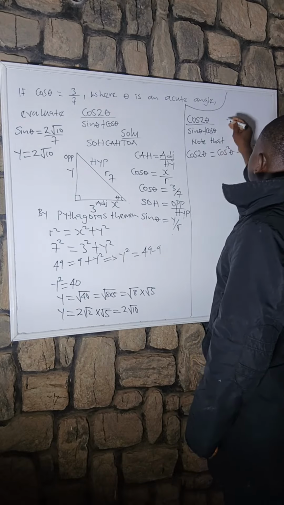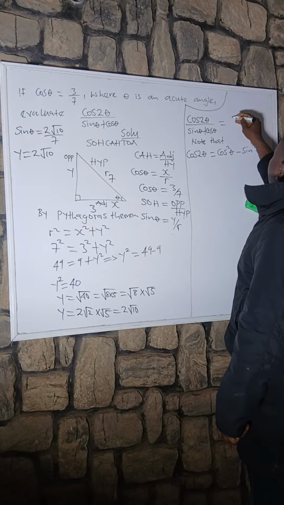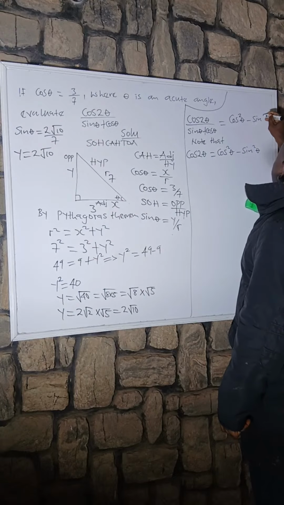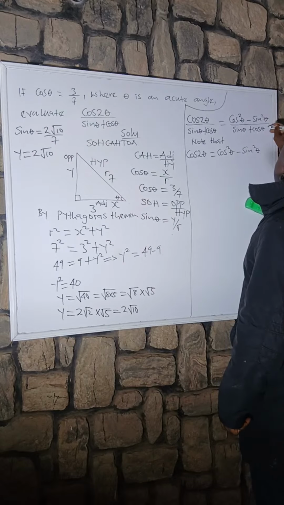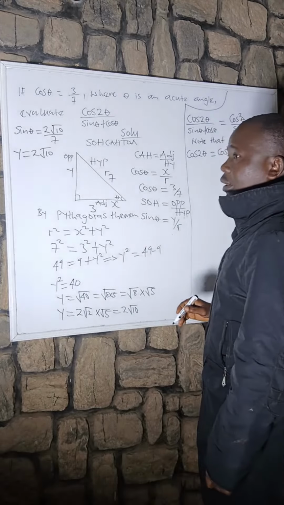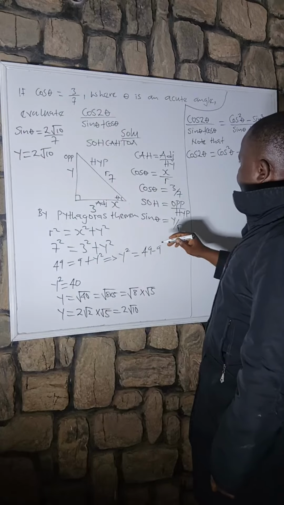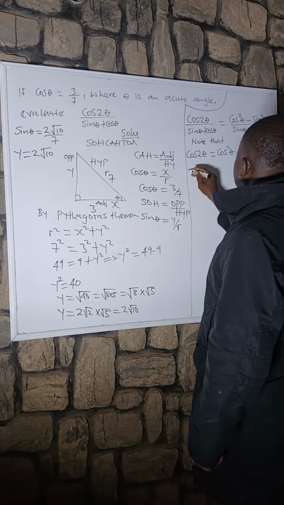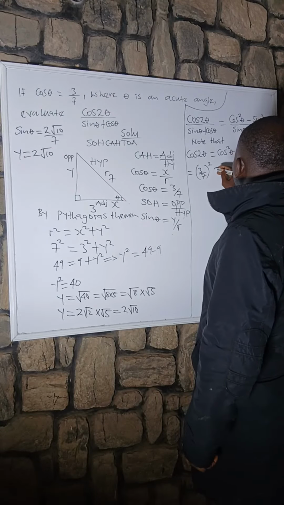we are going to write, instead of this, cos square theta minus sine square theta all over sine theta plus cos theta. So what is our cos theta? Cos theta is 3 all over 7. So instead of cos square theta, we write 3 all over 7 all in square minus